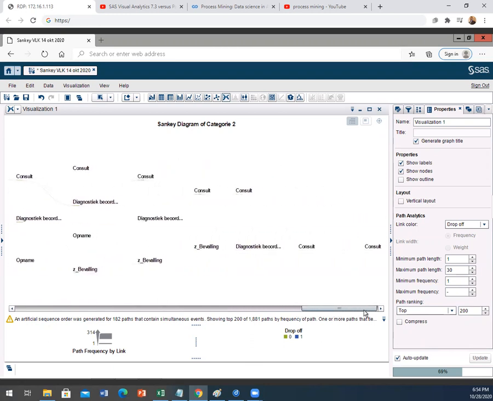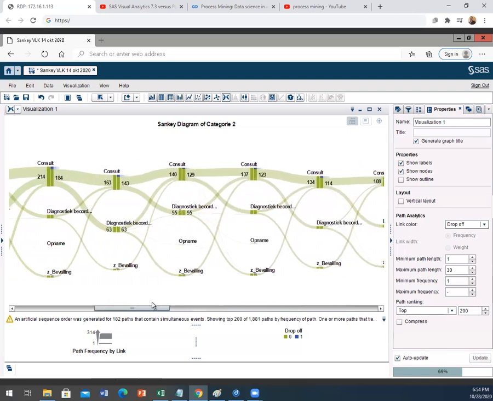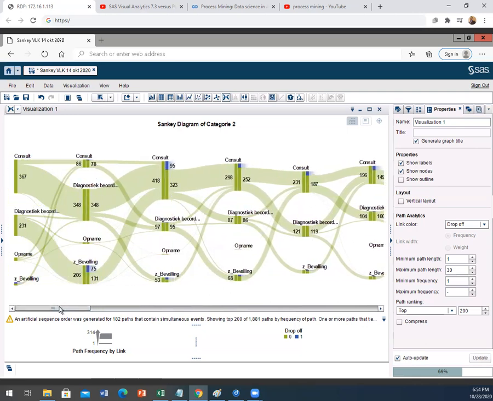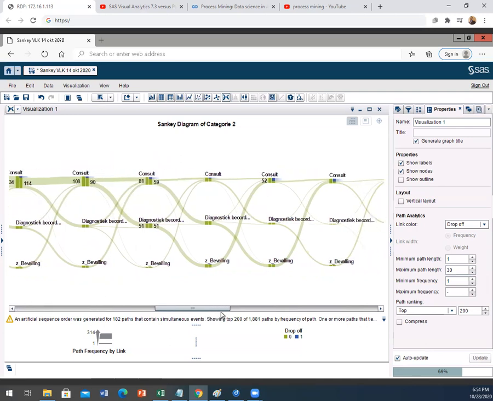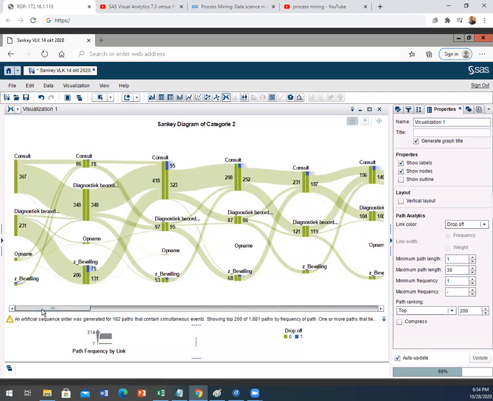And to me, this kind of defeats the purpose again of a chart, of a visualization, because you want a visualization to be short, sweet, and comprehensive for your end users. And if I'm writing, for example, a memo to my colleagues or for my boss, then I'd like to keep my visualizations to simple visualizations that are to the point. And obviously, if I'm going to make a Sankey diagram of a maximum path length of 30, it really defeats the purpose because it gets really long. I might as well just give them 500 rows of data to look at, which obviously they're not going to do. So you see here, this may not be the appropriate tool for these types of big data